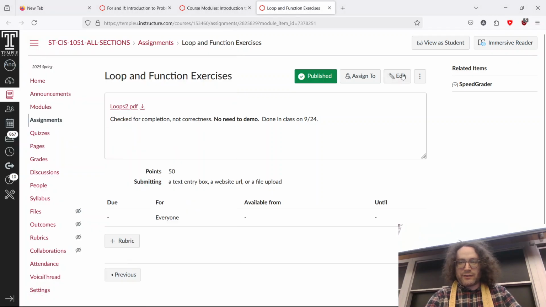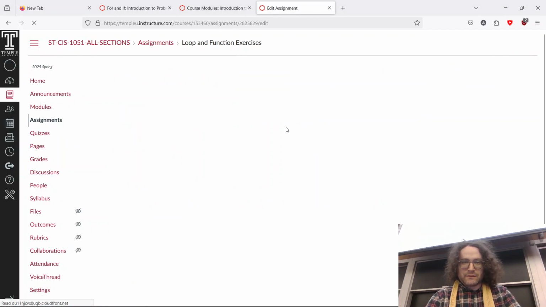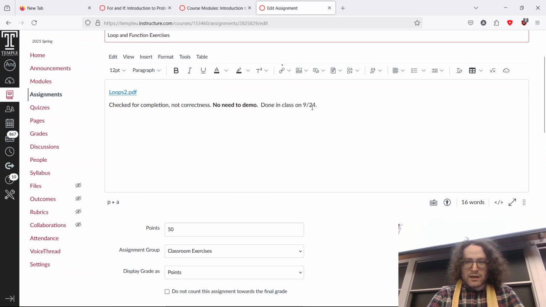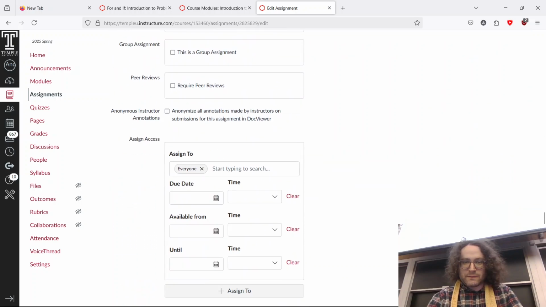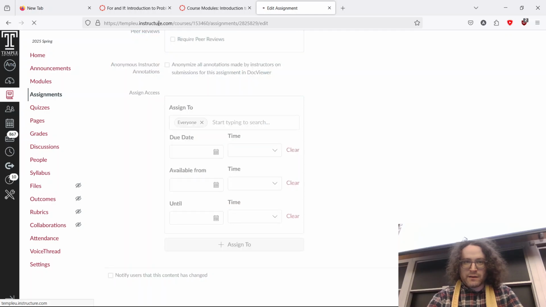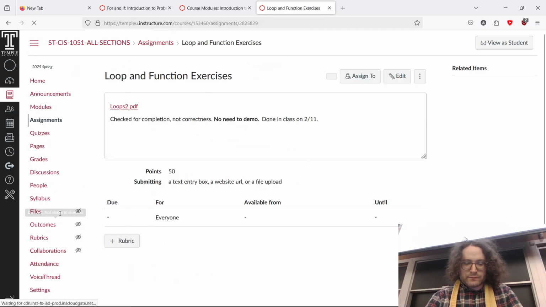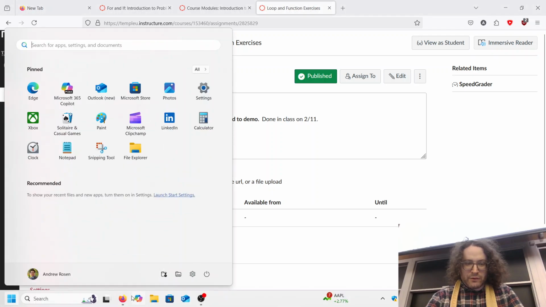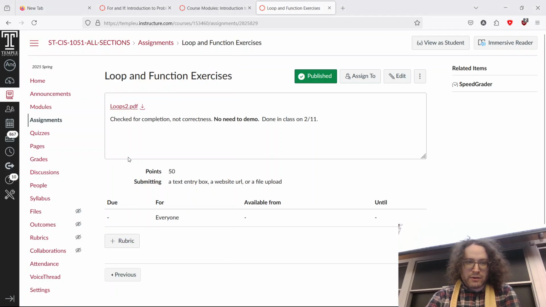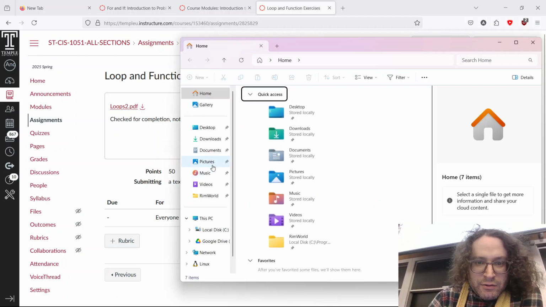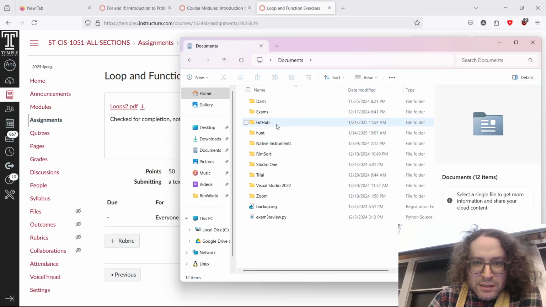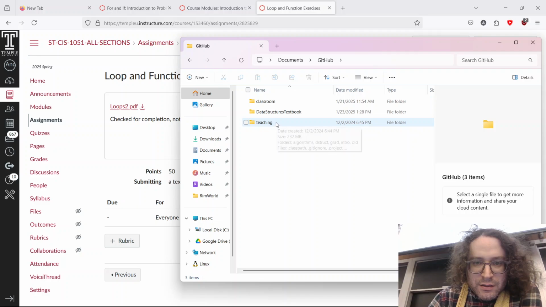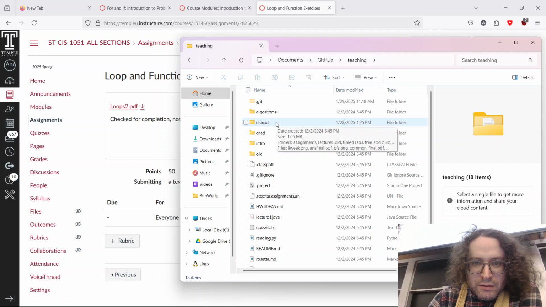What is today? The 11th. Edit. On 11/2. Save. And then what we'll do here is we will go to here. I will go to Documents, GitHub, Teaching. I'll go to